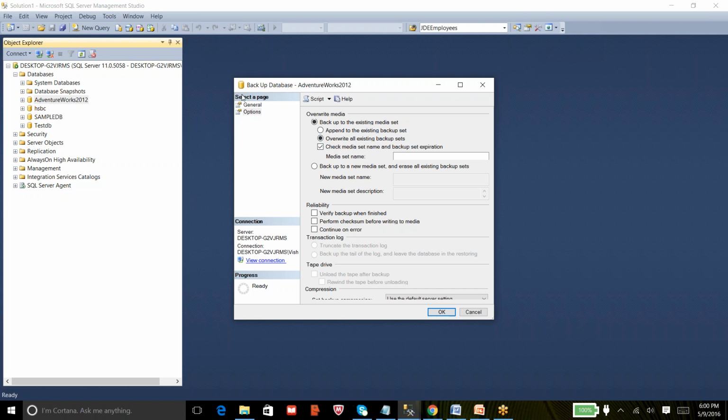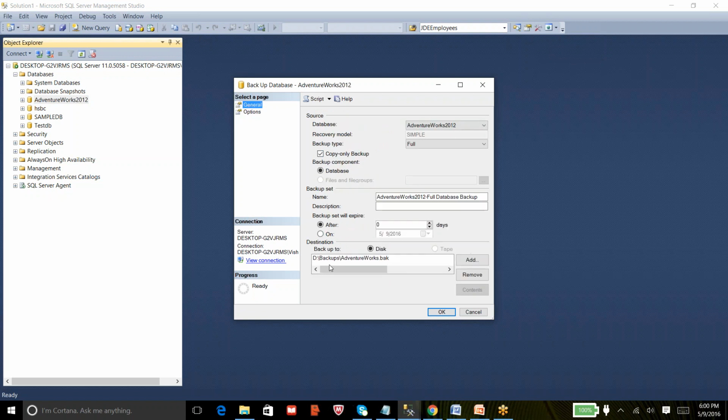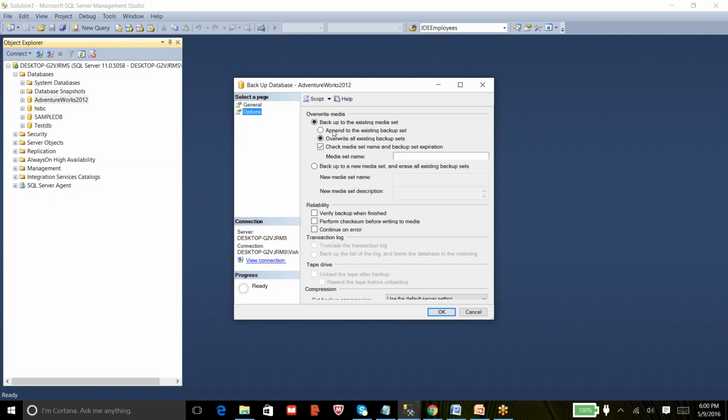In the general tab, we have seen the setting for expiry, right? If you're trying to append this backup to an existing file, before you append it, we need to check that the backup file is still valid and not expired. You can provide the backup media name and check that.